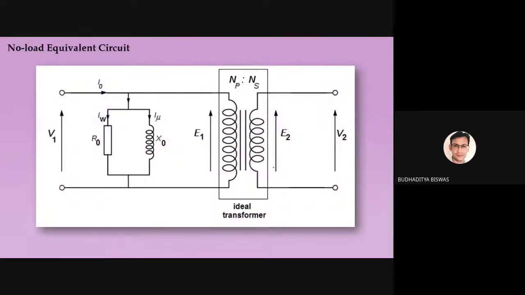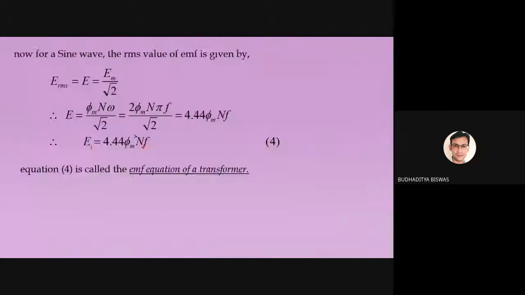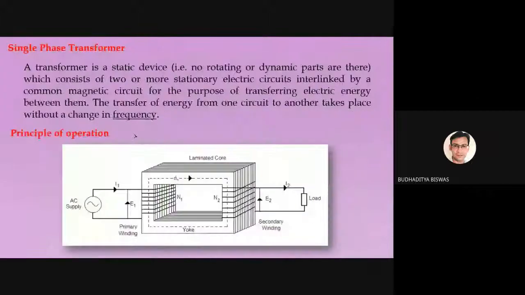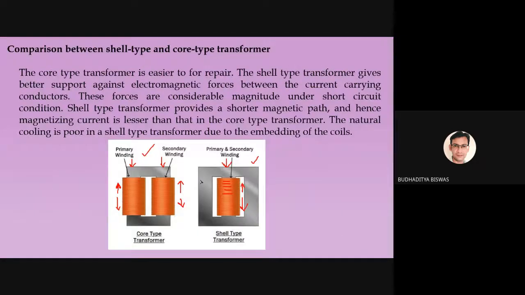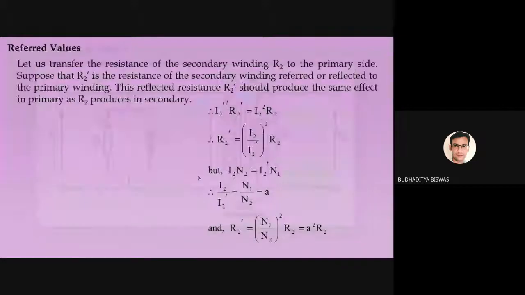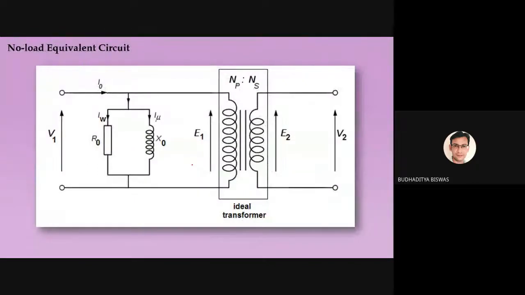And this is called the no load equivalent circuit. At this moment you may not understand what the equivalent circuit is. It is actually the block diagram of the transformer. This is just for illustration purposes only. For electrical engineering, you should not use this figure; rather, you need to use a detailed figure where all the components are shown. This detailed figure is called the equivalent circuit. In the next class, we will discuss what the equivalent circuit is and its meaning in detail.